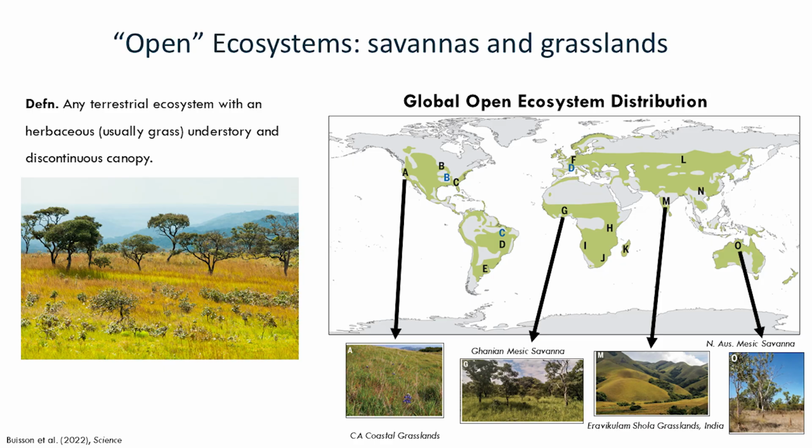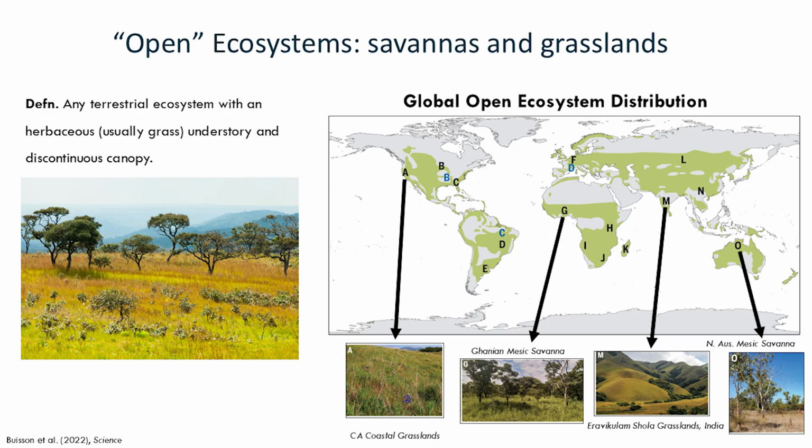So open ecosystems are any with a discontinuous canopy and a grass-rich understory. In Africa, where my research is focused, savannas and grasslands are critical resources that cover about 50% of the continent. The grasses in these African subtropical ecosystems use what is called the C4 photosynthetic pathway. That's a carbon concentrating mechanism that evolved to help these grasses compete under low CO2, high temperatures, and in dry and seasonal rainfall regimes. Conversely, the trees and shrubs in these African savannas use the more ancient and standard C3